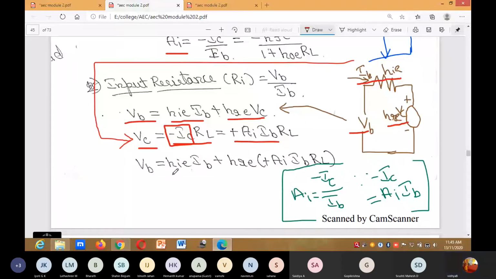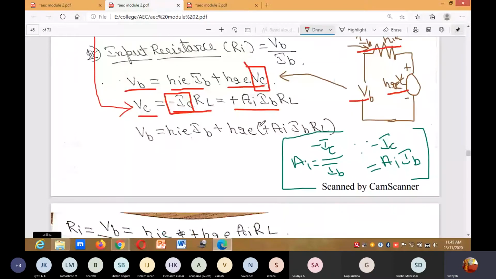VB is equal to what? I have replaced the value of VC here. If you replace the value of VC, then you need to write AI into IB into RL. That is what I have written here. VB is equal to HIE into IB plus HIE open bracket AI into IB into RL. Now we know